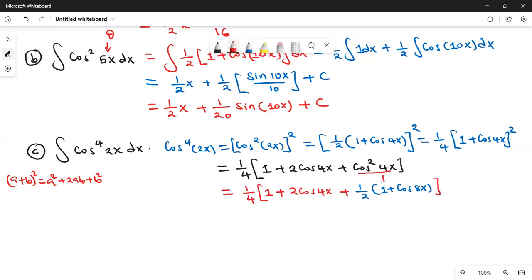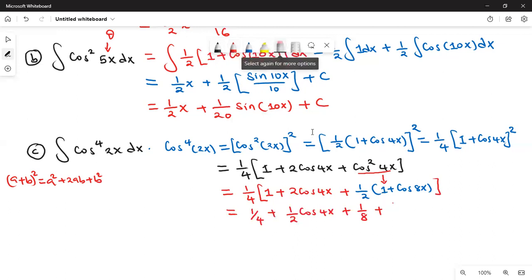So cosine squared of 4x gives us that, of which now if I open the bracket, it will now be 1 over 4 plus 1 over 2 cos 4x plus 1 over 8